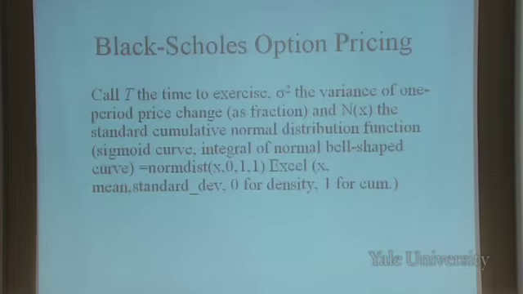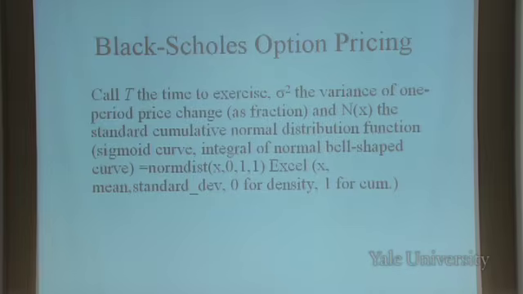So Black and Scholes, in their famous paper, used this kind of reasoning to get to the standard option contract, the option formula. And I'm not going to derive it because the mathematics is quite a bit more difficult, but it's exactly the same logic that I just went through with the binomial option pricing formula. And so this is one of the most famous formulas in all of finance.